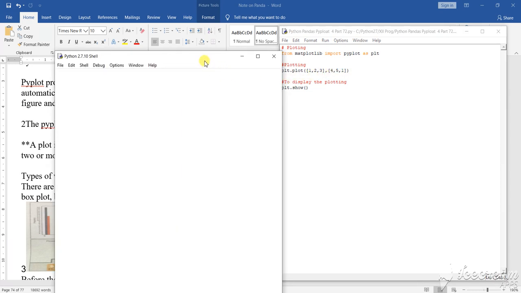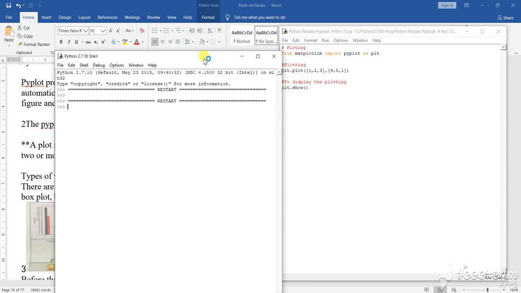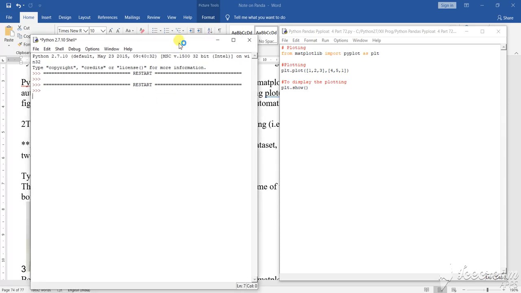Now the plotting that we're going to do, see here, I have divided into two parts. One is an x-axis, one is a y-axis. Based on these two axes, you are going to have a plotting phase.